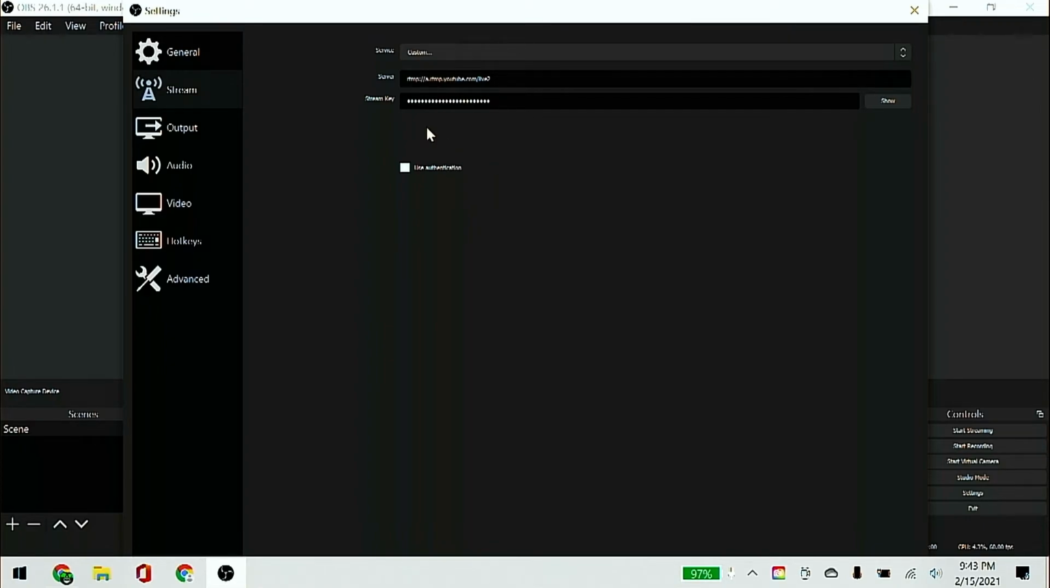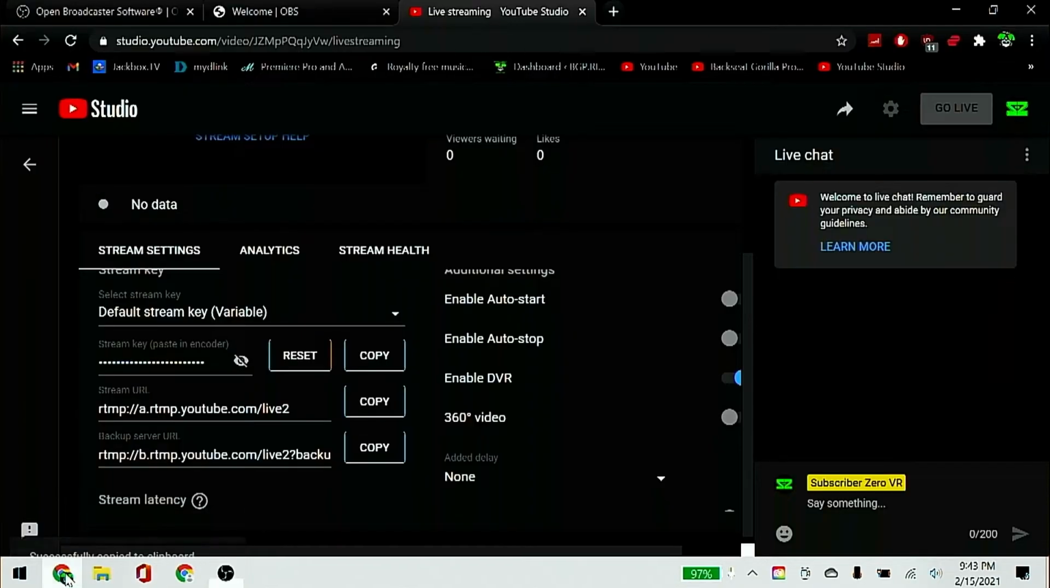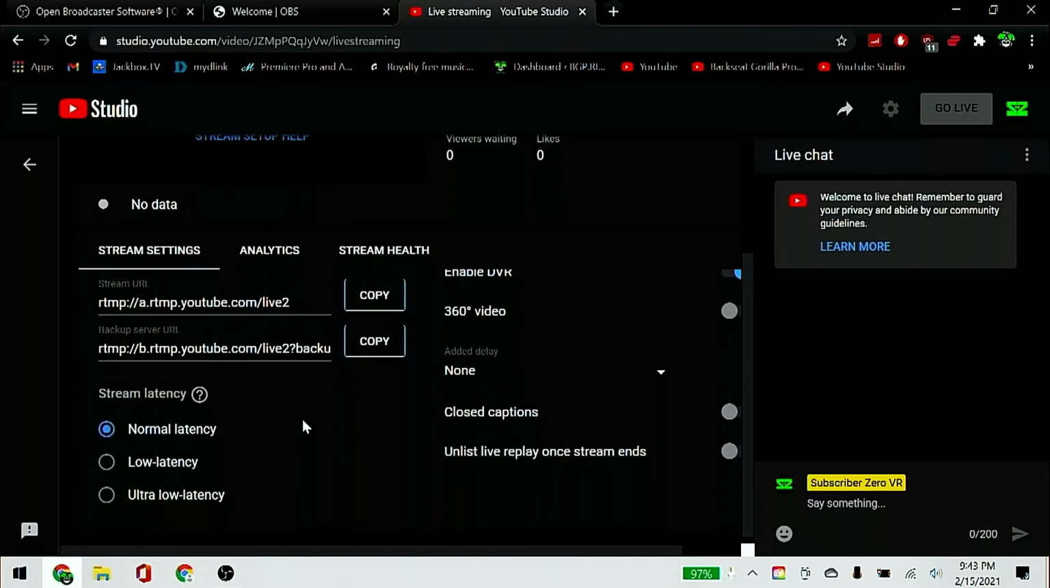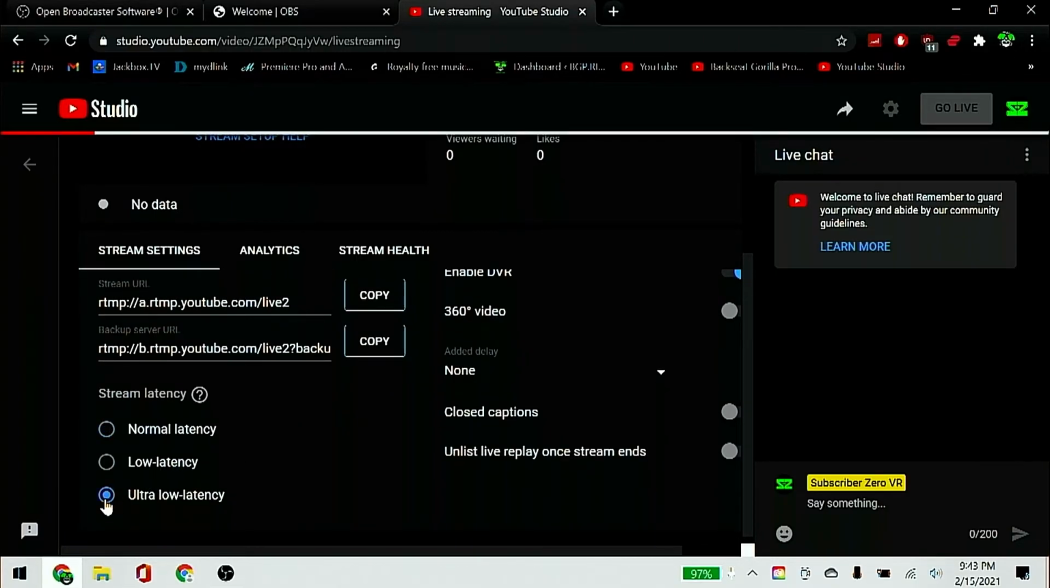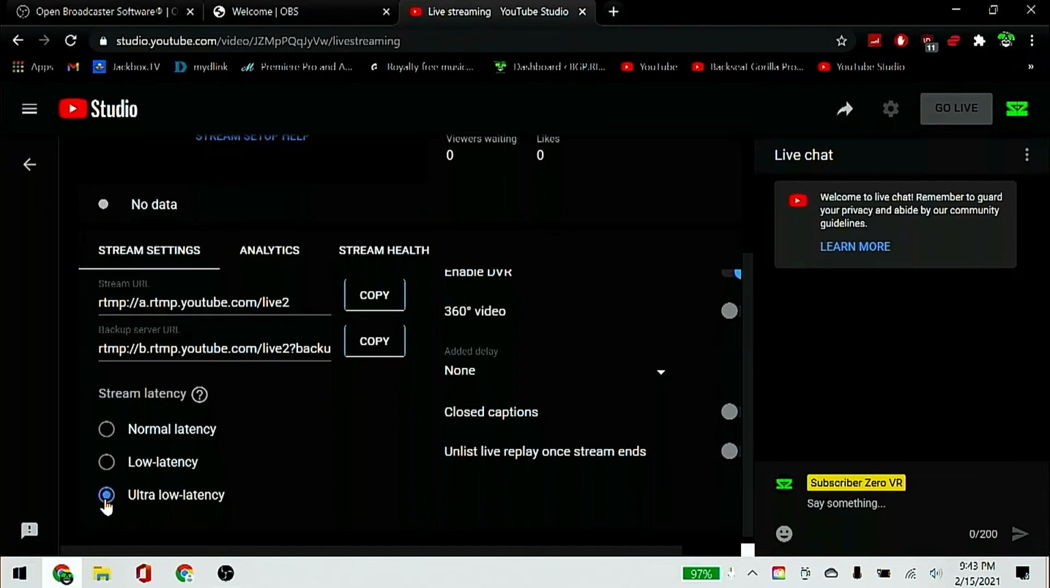So we're going to stream to this server using this key, and you can double check yourself using the show button there, and also using the show button there. Okay, now I always change mine to ultra low latency. That prevents a little bit of lag between you and the chat. There is a little buffering period automatically, about 7 to 10 seconds, something like that, so that reduces that to